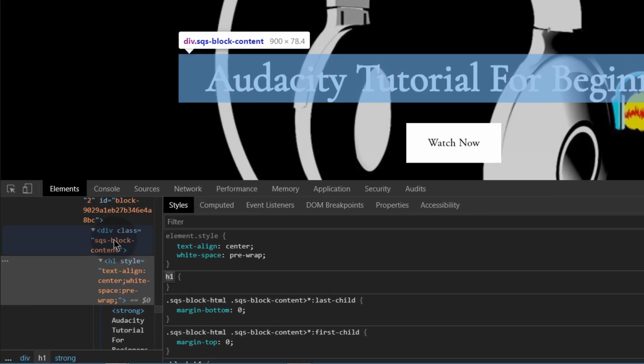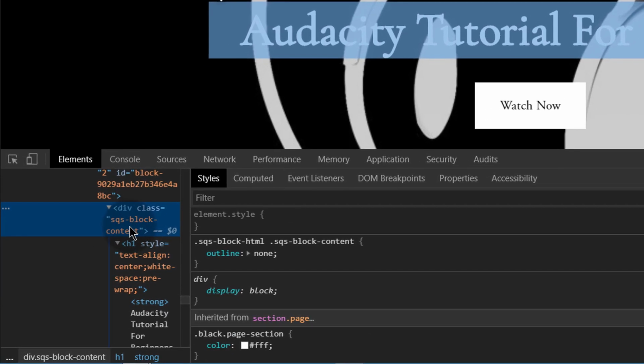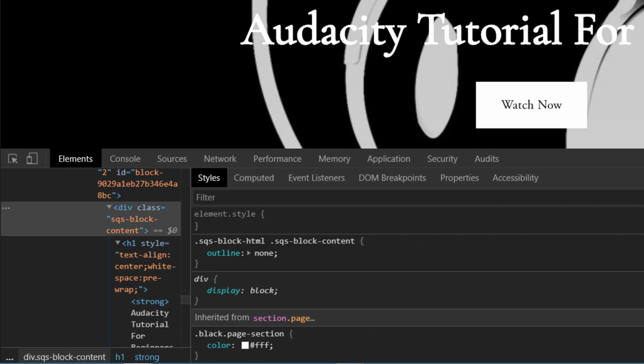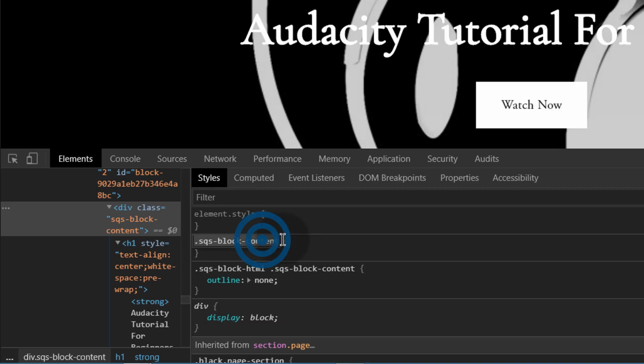So I'm assuming that there will only be one H1 element on every page. So wherever there is H1, I want to give it a background, and